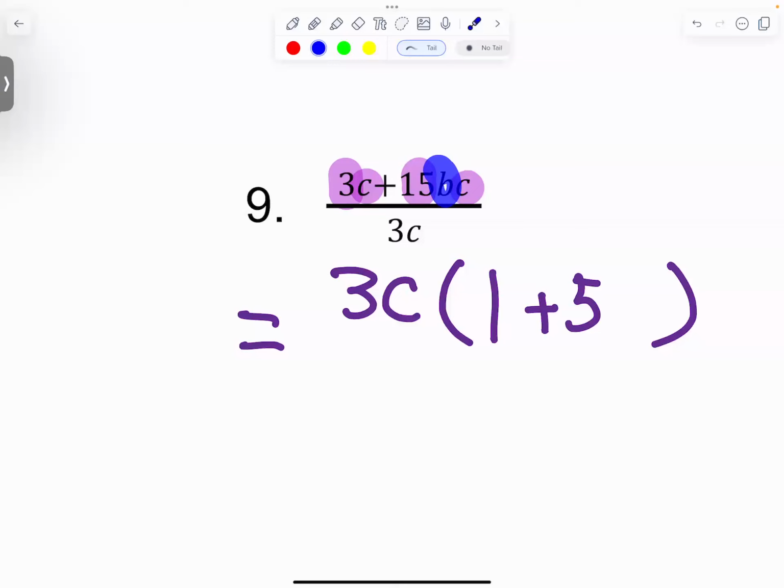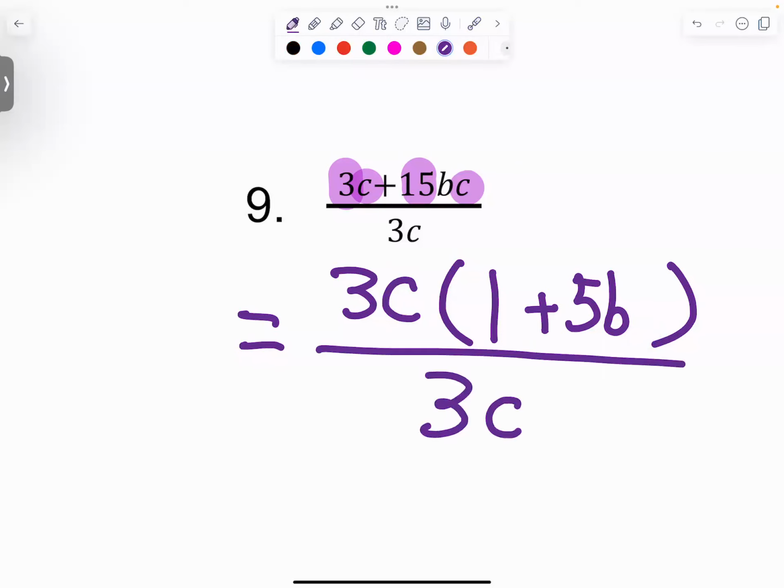Did we take out any b? No, so just keep writing it. Did we take out any c? Yes, we took out 1. We only had 1, so no more c is left. So no c here. At the bottom side, keep writing. And then